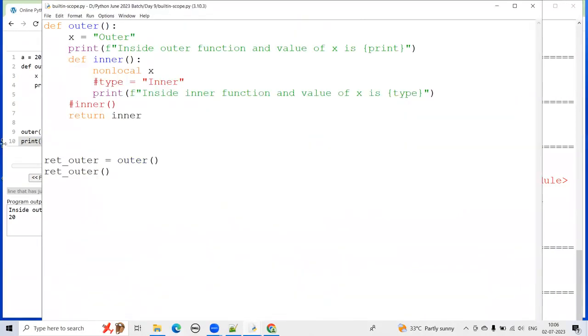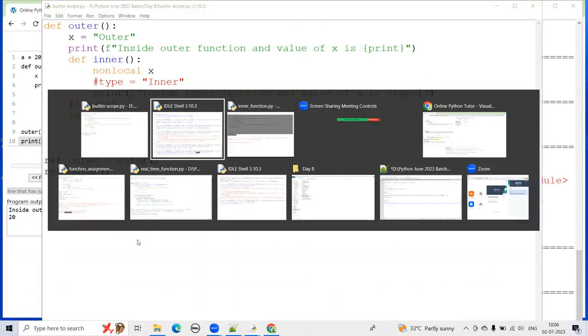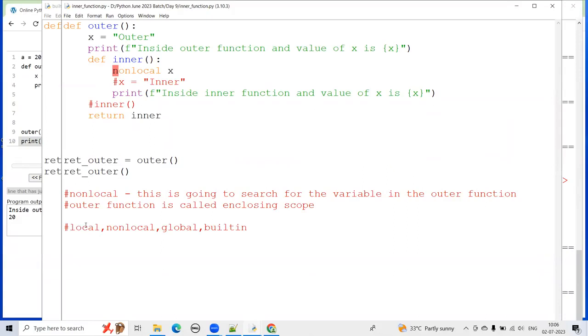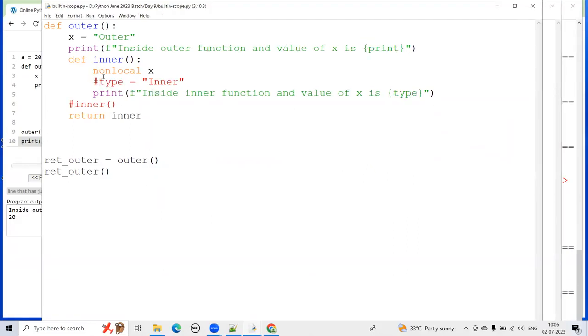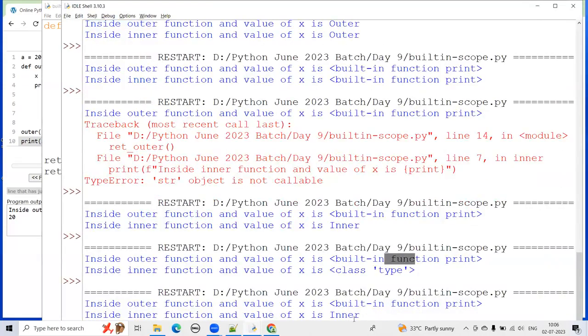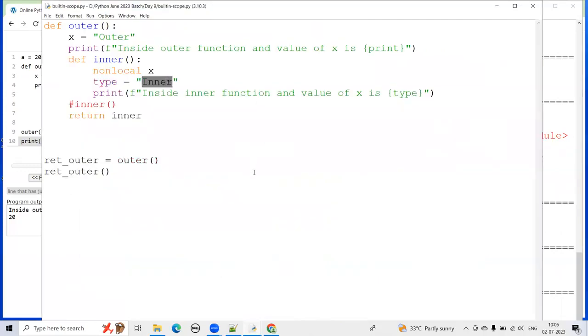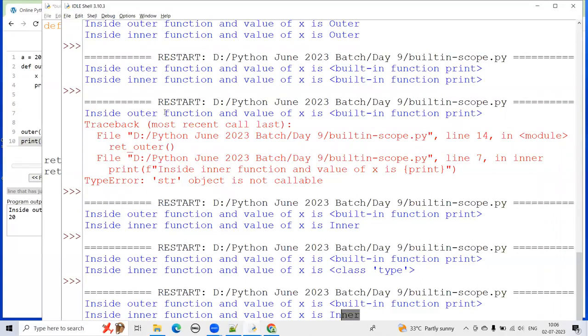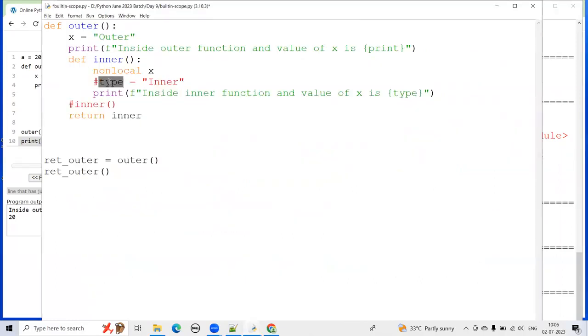So what happened, guys, when you declare a variable? First it will check whether we have any local variable. So in this case, when we were printing type, it was checking, is there any variable called type in the local scope? So we have a variable in this, so it will print that variable. See, inner. If it is not in the local scope, it will check whether that is present in the non-local scope. So if we give the name type here,